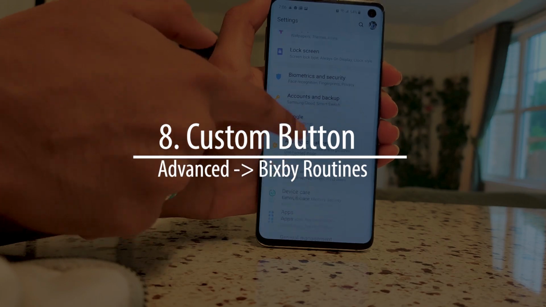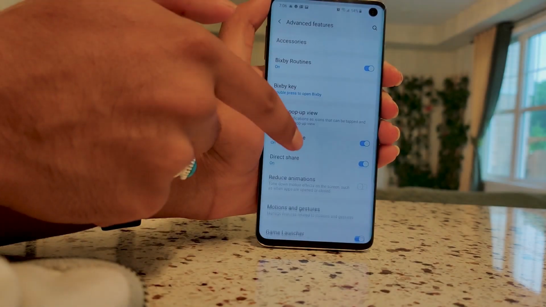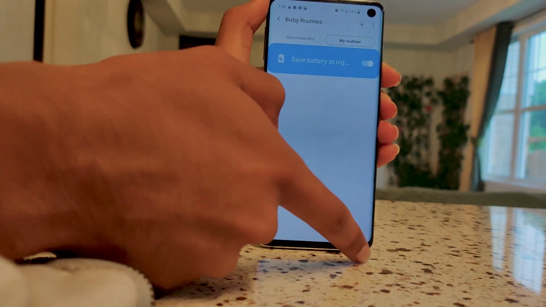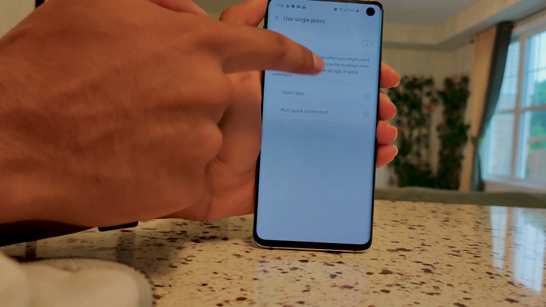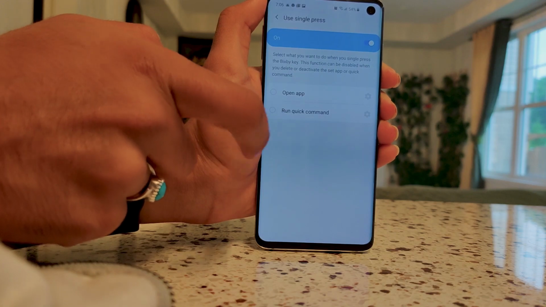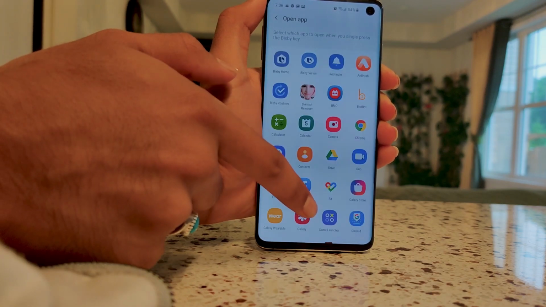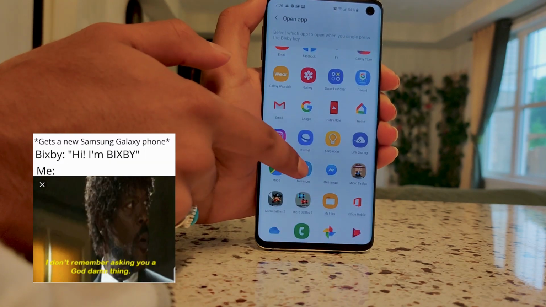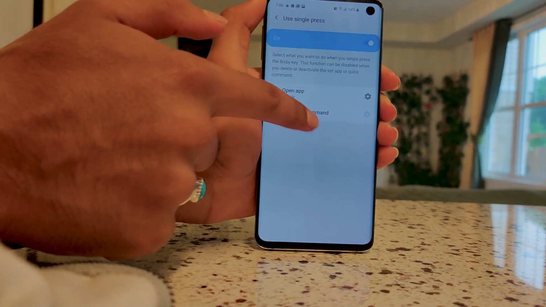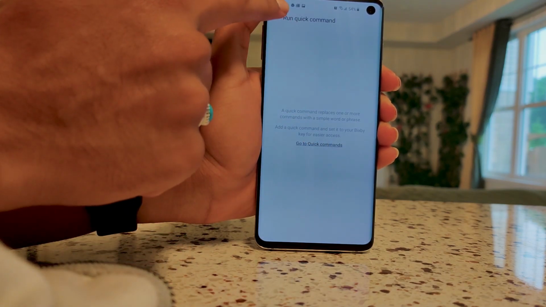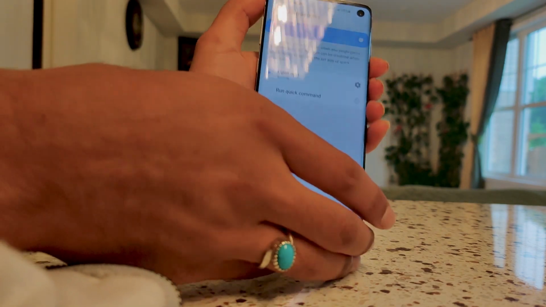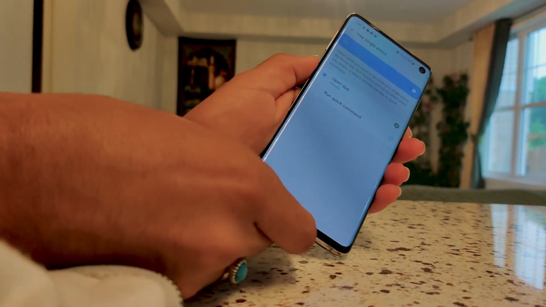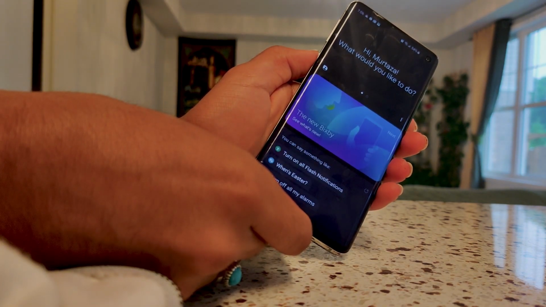Now the next one is if you go into settings and then you go into advanced, and then you check the Bixby button, you can make it do whatever you want to do. For example, open an app. So if you don't use Bixby a lot, which probably you don't, right, you can make it open a specific app, or run a specific command. So in this case, I'll just make it open Google, which is kind of ironic because they're like direct opposites, right? So you can do that, and if you hold it, then you'll actually get Bixby,